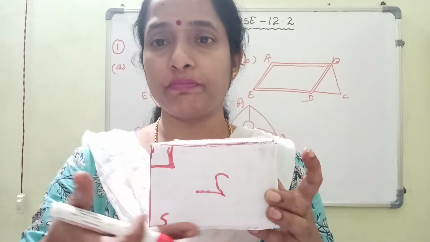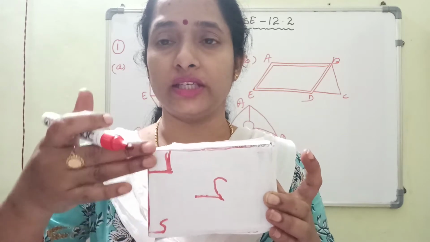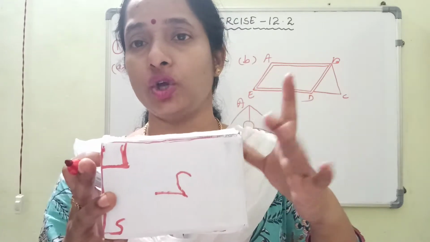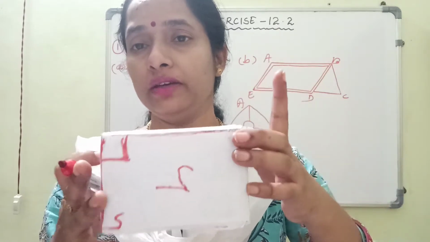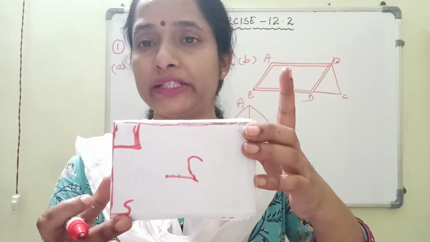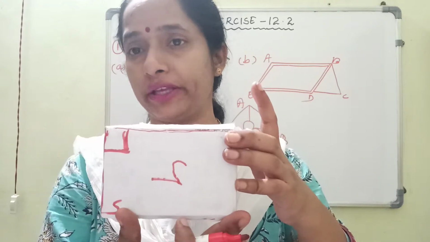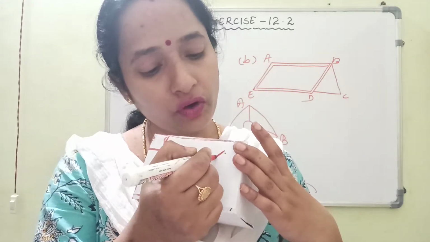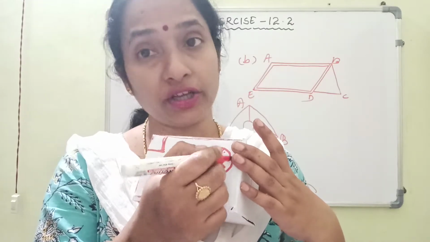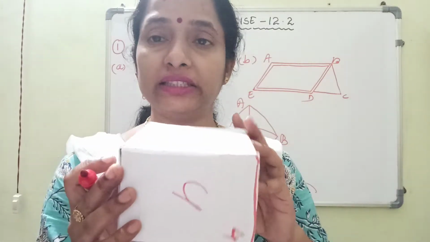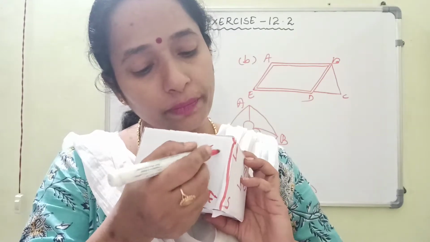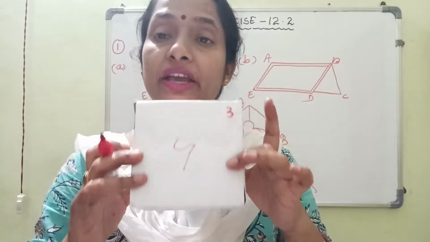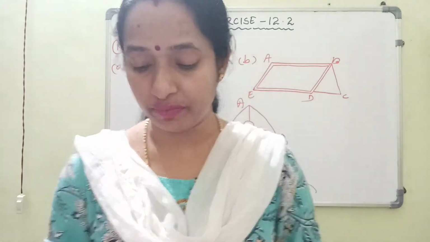Even this is perpendicular to this, and this side is perpendicular to this. So here, 1 and 2, two pairs of perpendicular lines, and on this side two pairs of perpendicular lines you are getting. Total you are getting 4 pairs of perpendicular lines. Similarly, in the other face also you will get 4 pairs of perpendicular lines. Similarly, in every face you will get 4 pairs of perpendicular lines.